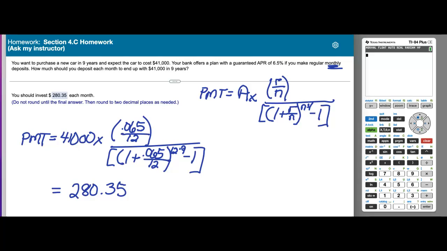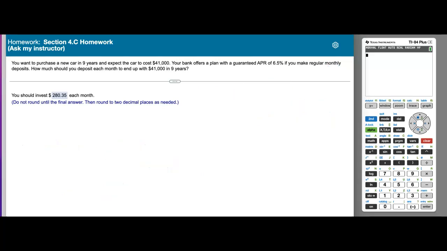Now, to illustrate how to do this on the calculator, I've got to leave this drawing window here. So make sure you've copied down what we've written. And we're now going to go back over here to the right and type that into our calculator. So we've got 41,000